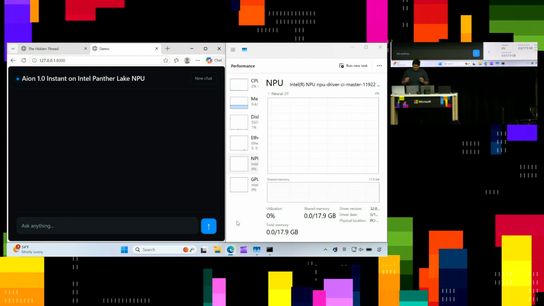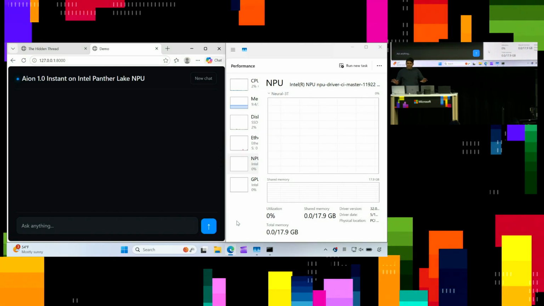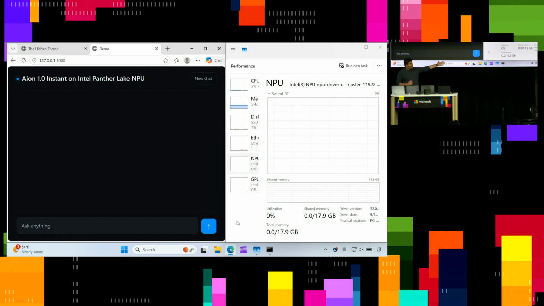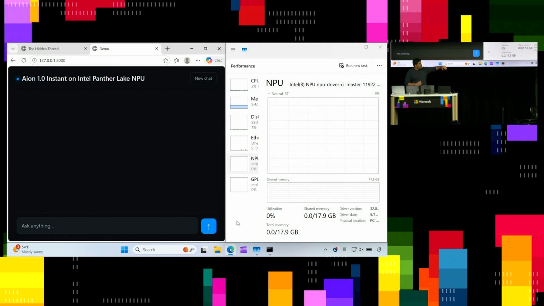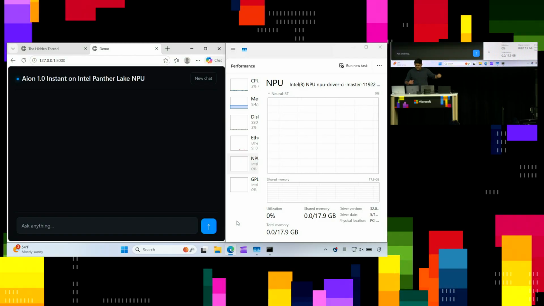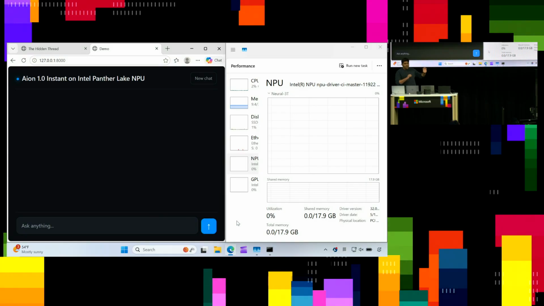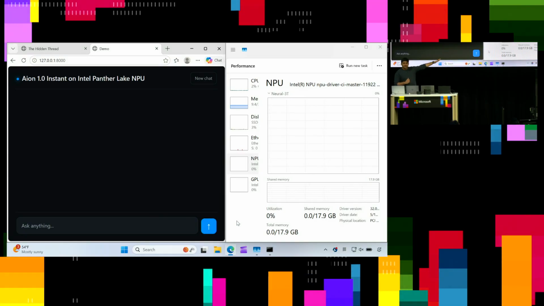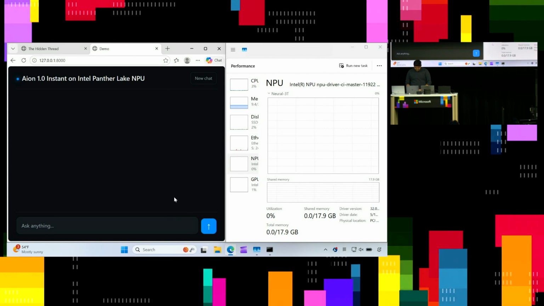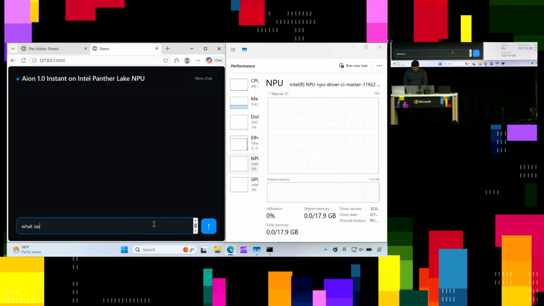So before we get started, on the left side, I have the chat interface. Nothing special, something we can whip up right now in the next 30 minutes. On the right side, I have the systems panel, where I've shown the NPU, the neural activity, the CPU, the memory, and all the good stuff. So I'm going to start talking to it, and we'll see everything here. I would love it if you pay attention to the right side more than the left side, because that's where the real story is. I'm just prompting right now.